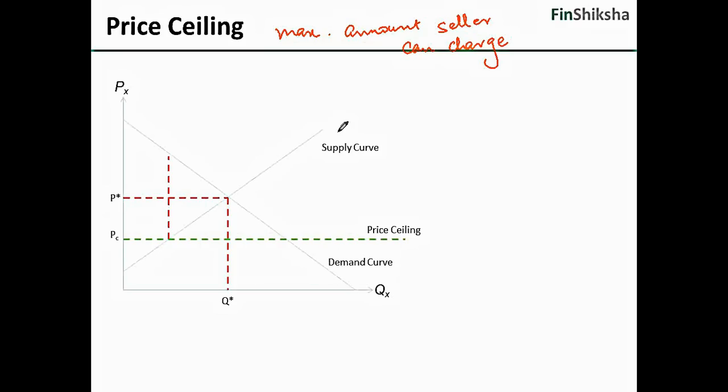The demand is somewhere here, but the supply is here. While the buyers at the lower price are willing to buy this quantity, the suppliers are willing to supply only this quantity. So that creates a dichotomy, and we will try and understand what that does to the overall scenario. Correct? So let's see what happens because of this entire scene.